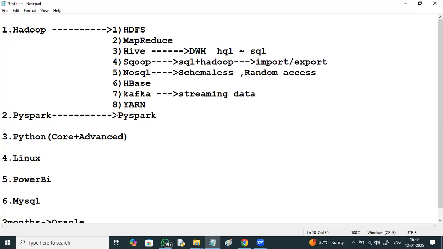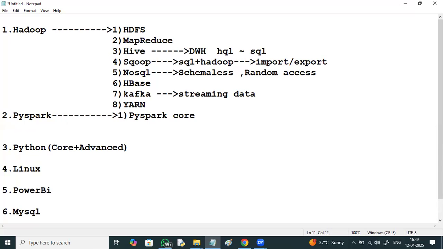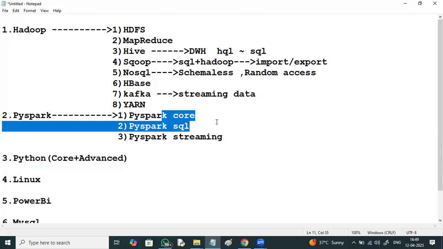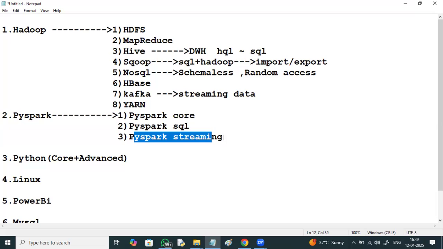Then PySpark SQL, and then PySpark streaming. PySpark core, PySpark SQL, PySpark streaming.